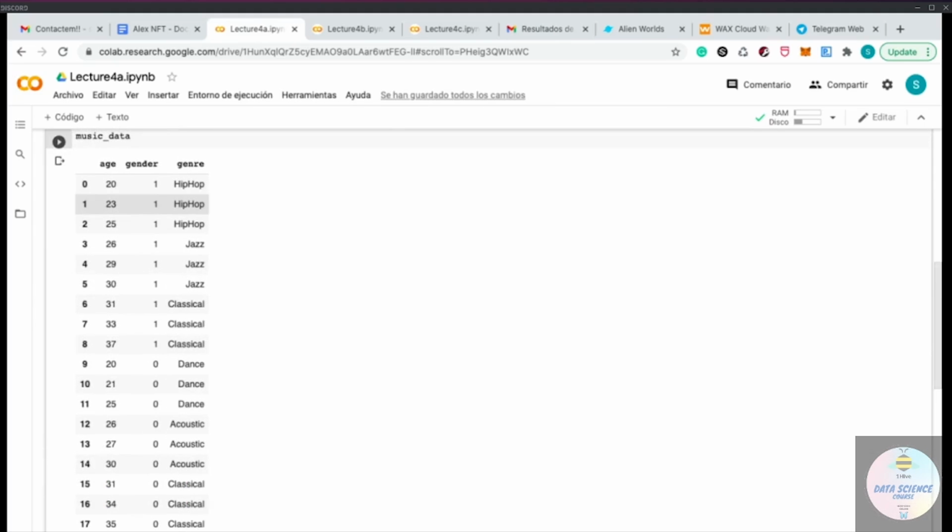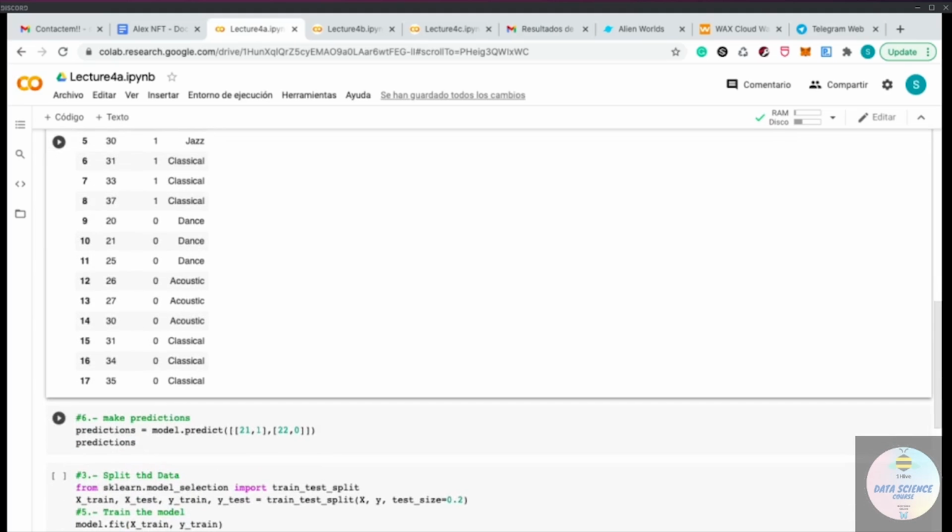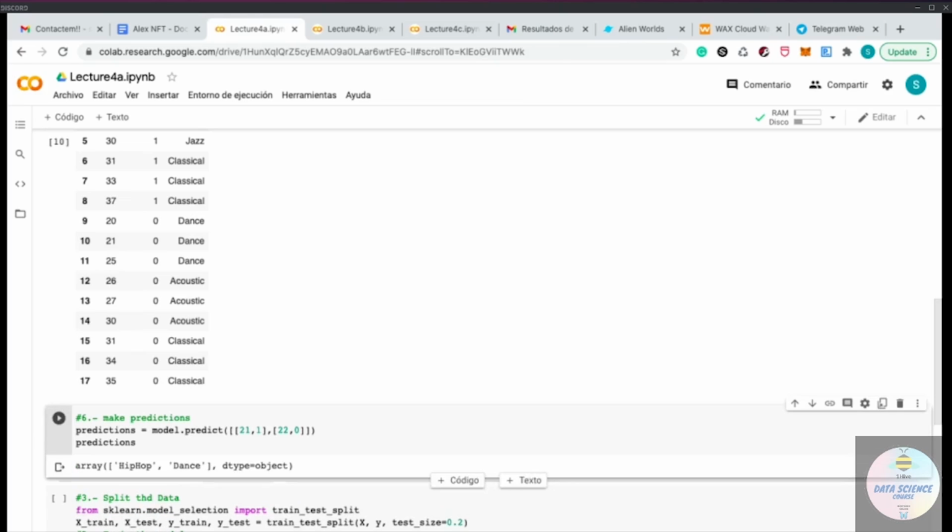So now if I run the prediction and I print it, if we check, a male of 21 years old is right here, so it should be liking hip hop, and a female of 22 years old is right here, and it should be liking dance. So if our model does a good job, we should be getting hip hop and dance as the outcome. Let's see what it does. Hip hop and dance. Okay, so we can say that initially this model is doing a good job predicting what